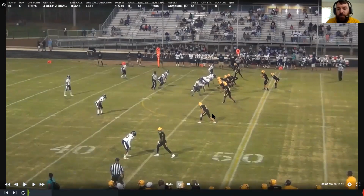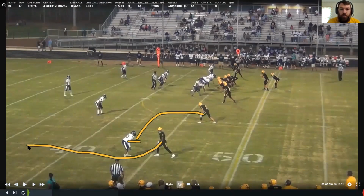Another thing that you can do for cover 2 that we'll start doing, and we just started doing it recently. This film's from about 2 years ago. But if you're getting 2, read 2, any of that good stuff, tag your number 2 on a 5-yard out, speed cut, whatever you want. What's going to happen is this corner is going to jump it, and then you just got to be able to drill this in the fade ball window, right? The only thing that can happen